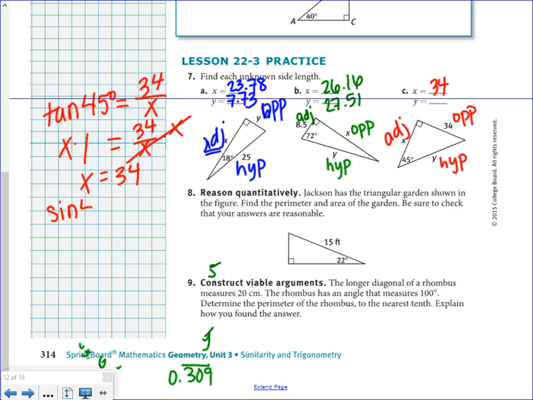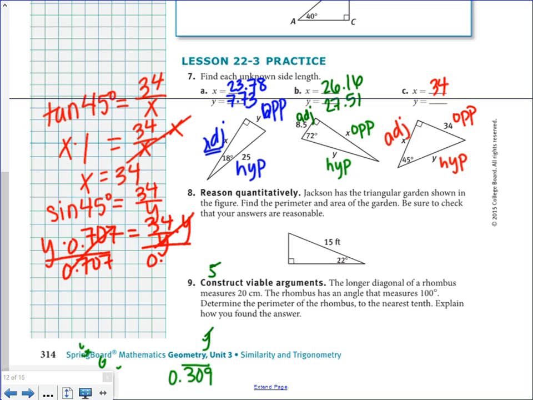So the sine of 45 degrees is going to be 34 over y. So the sine of 45 is 0.707 equals 34 over y. Then you're going to multiply by y and then divide by 0.707. And so 34 divided by 0.707 gives you